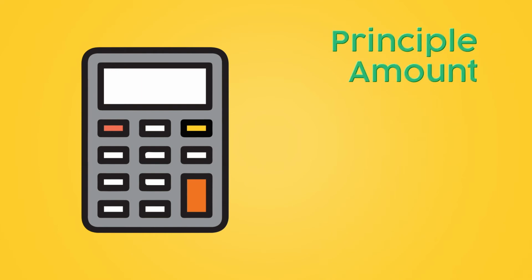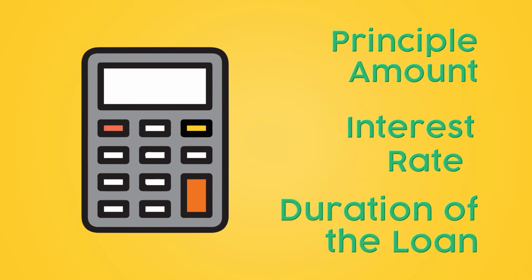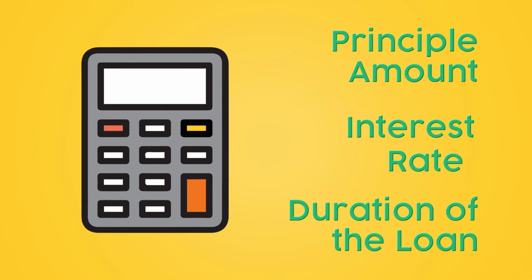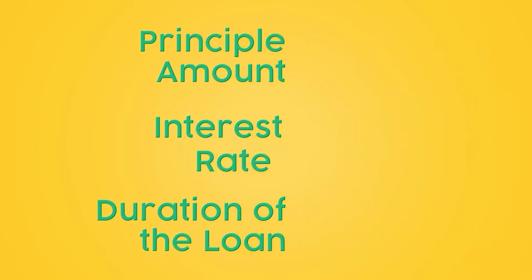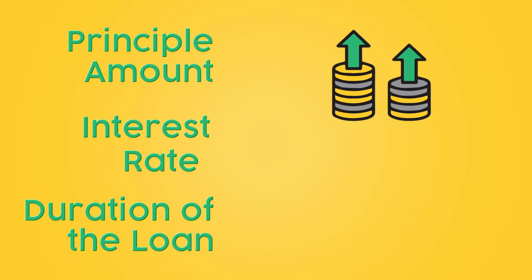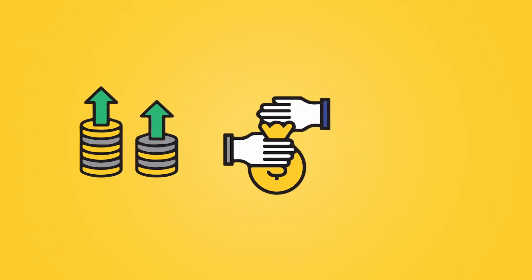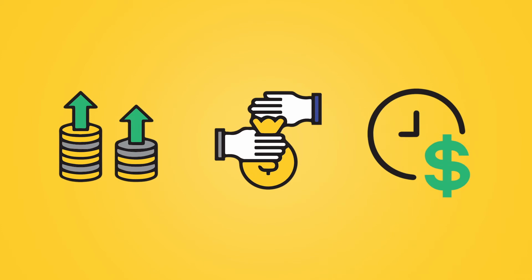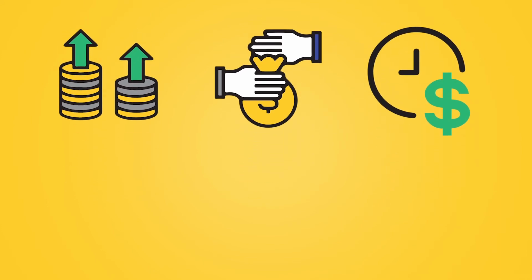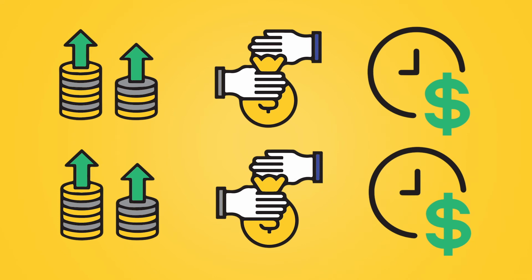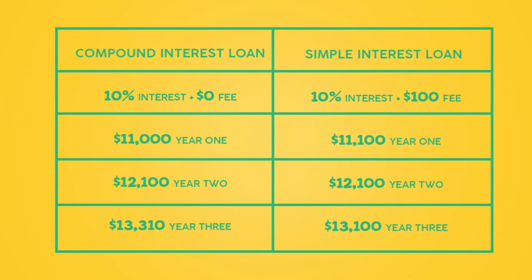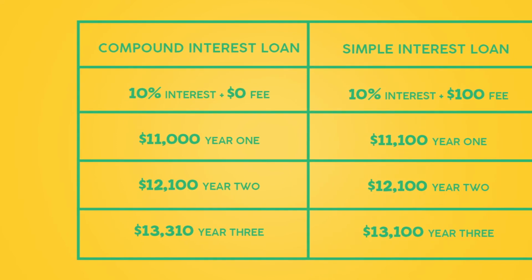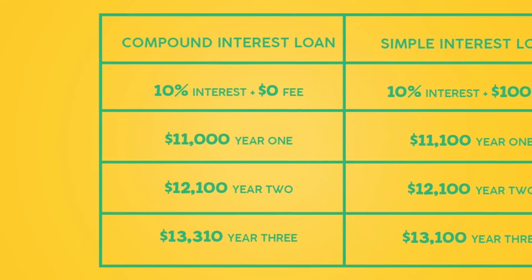When calculating compound interest, the first period is calculated the same way as simple interest. You multiply the same 3 factors: the principal amount, the interest rate, and the duration of your loan using periods. The difference between the two is that after the first period, you add the accrued interest on top of the principal amount, and the sum of those two replaces the principal amount for the following period. So if your compound interest periods were calculated annually, you would owe $11,000 for the first year, $12,100 for the second, and year 3, which is the end of your loan, you would owe